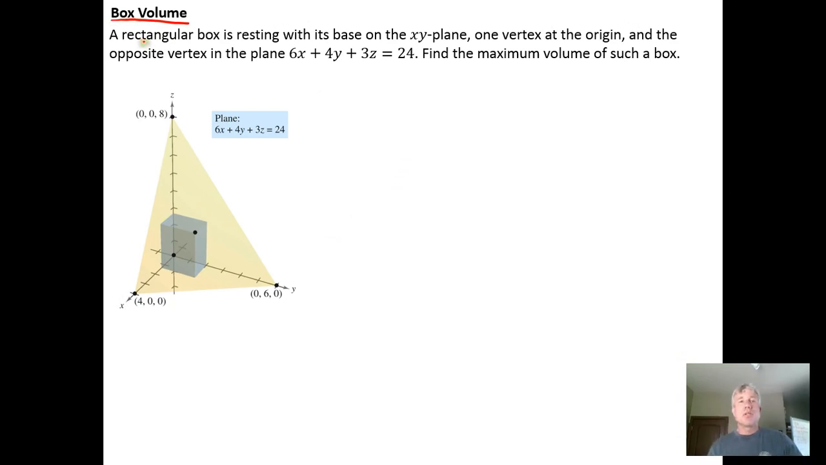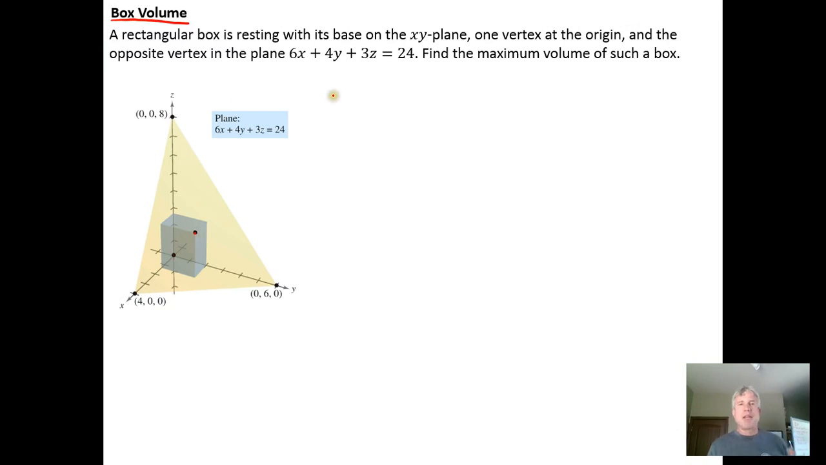problems. So this one says a rectangular box is resting with its base in the XY plane, so that's right here, with one vertex at the origin right here, and the opposite vertex in the plane 6x plus 4y plus 3z equals 24. So we have the vertex opposite the one set at the origin up here. Find the maximum volume of such a box. Well,